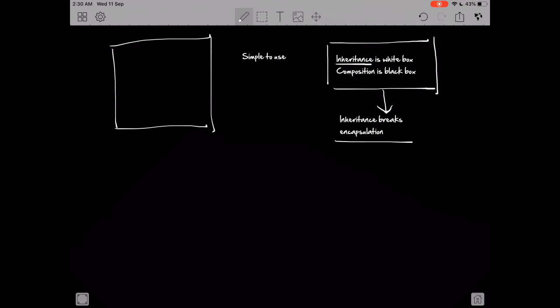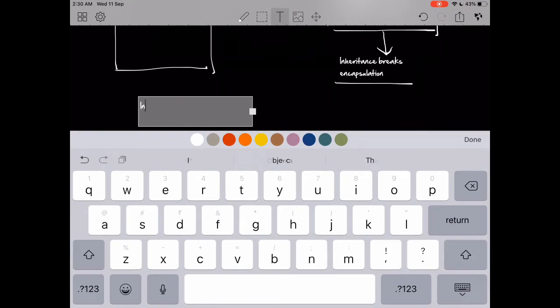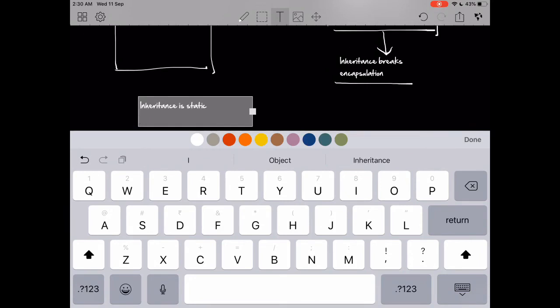So we are sticking to the don't repeat yourself principle. But in most cases, we don't want to give away our implementation. We want to keep our implementation hidden. So, in that case, it becomes something against inheritance. So, that's one thing. And the second thing about inheritance and composition is that inheritance is static or compile time,